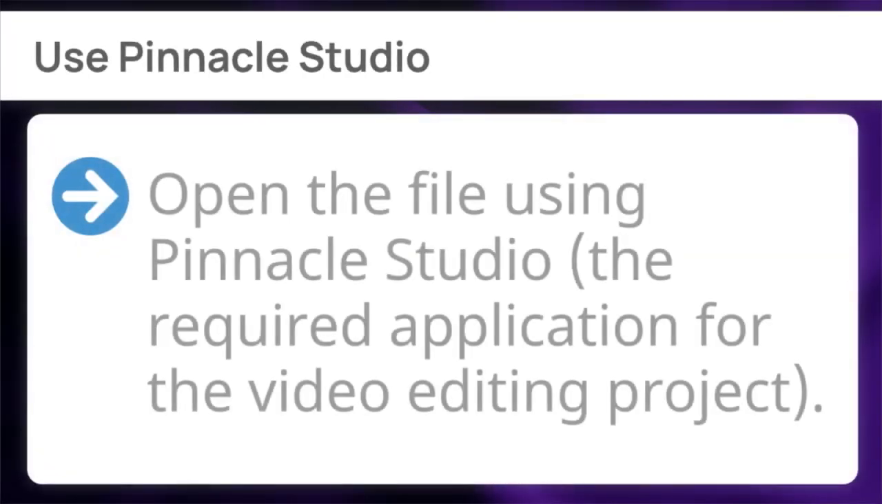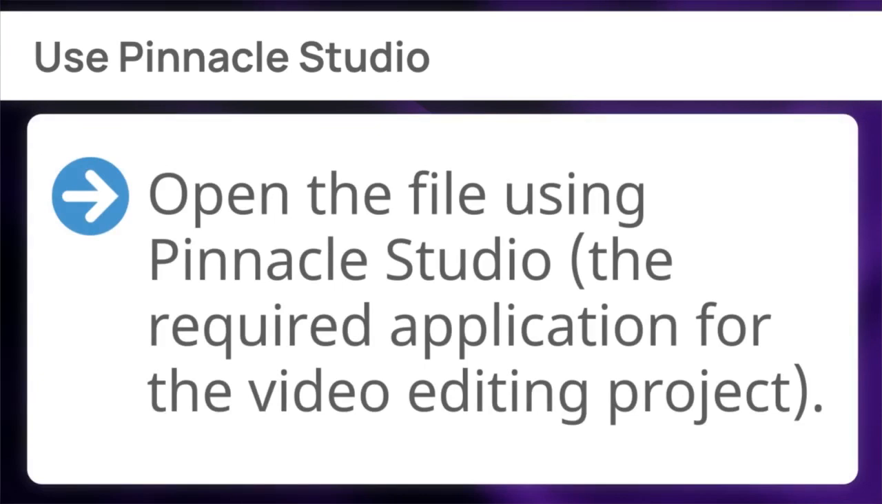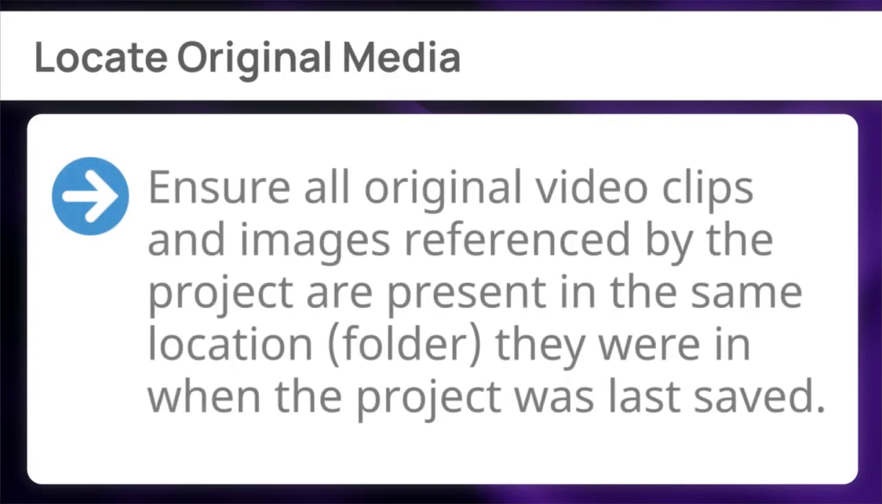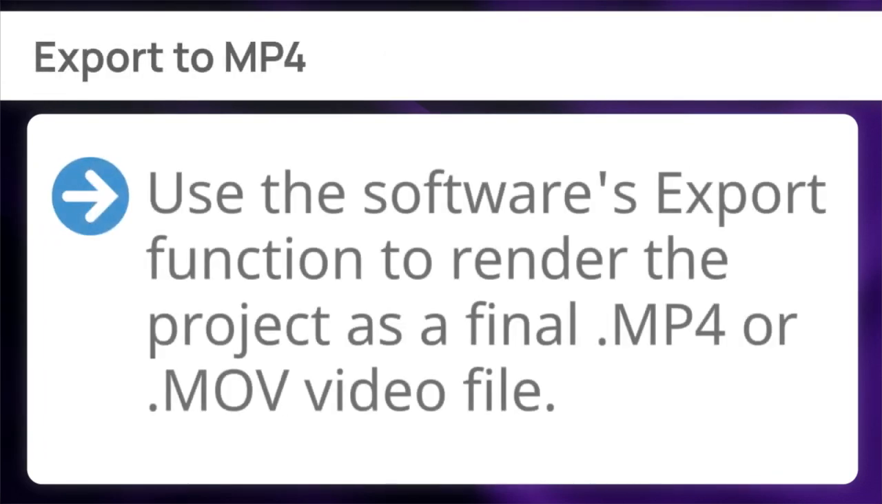First, use Pinnacle Studio. Open the file using Pinnacle Studio, the required application for the video editing project. Next, locate original media. Ensure all original video clips and images referenced by the project are present in the same location, folder they were in when the project was last saved. Finally, export to MP4. Use the software's export function to render the project as a final MP4 or .mov video